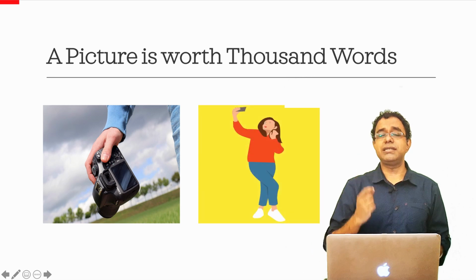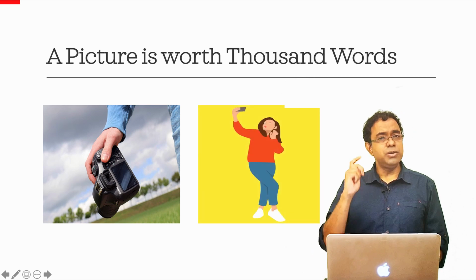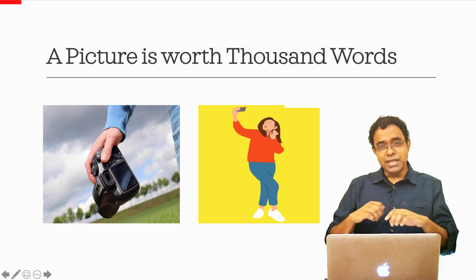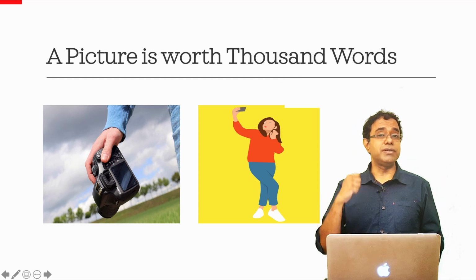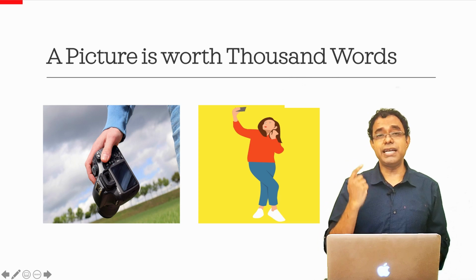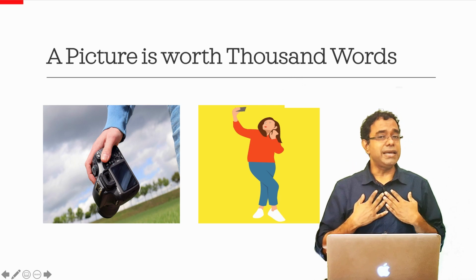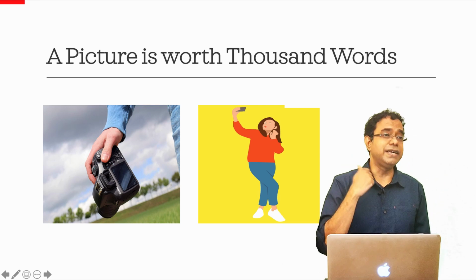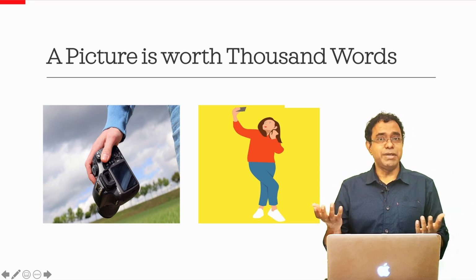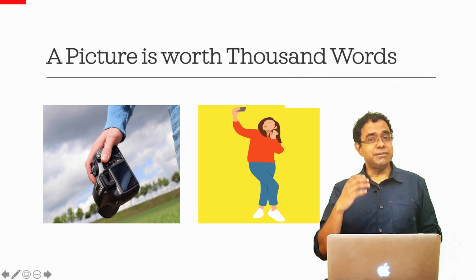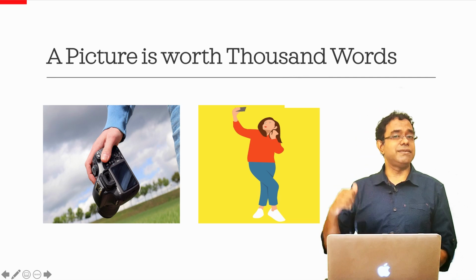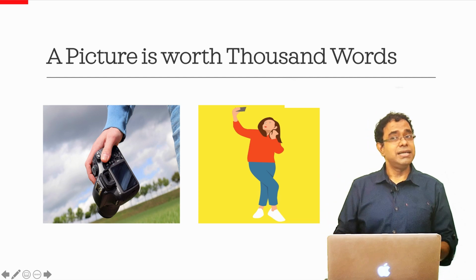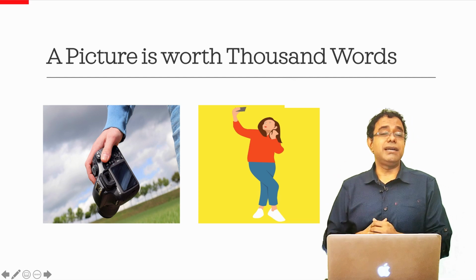Think about the last time when you took your selfie. You just clicked your selfie and posted it on Instagram without writing thousands of words because your selfie is self-explanatory. If I'm taking a selfie with the Eiffel Tower in the background, people know that I went there for maybe tourism purpose and I'm in Paris. I'm taking pictures with the Eiffel Tower in the background. It might be one of my bucket list. So these messages are clear.